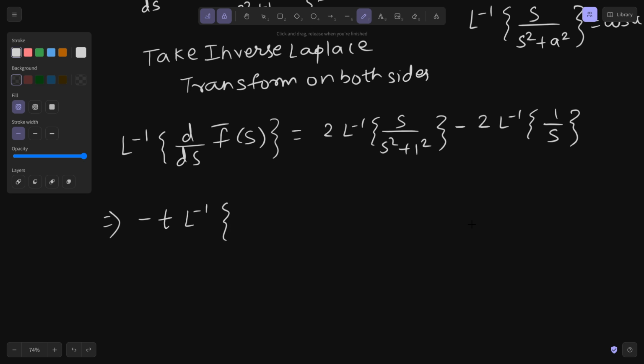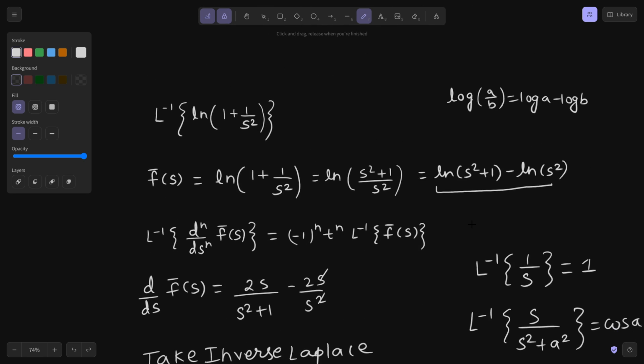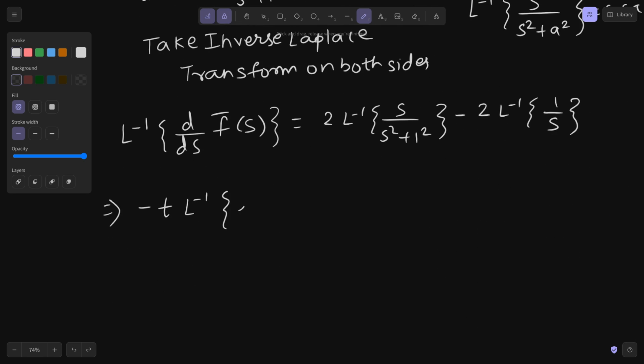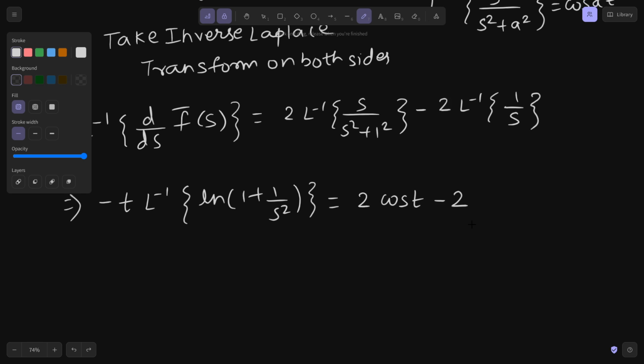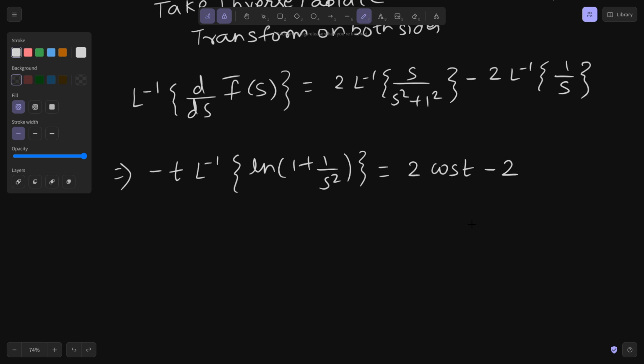So f bar(s) was simply ln(1 + 1/s²). This equals, in the RHS, 2 times s/(s² + 1²), simply cos t, and 1/s, simply 1. So you want this,